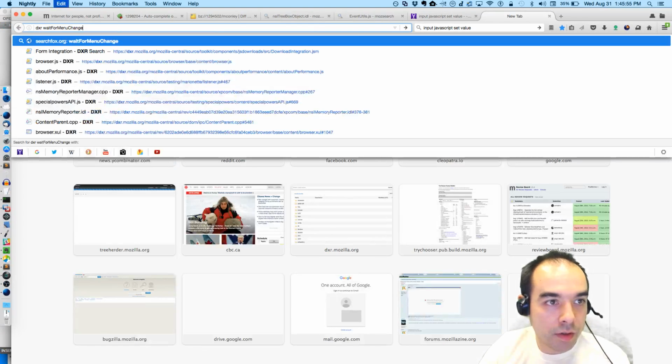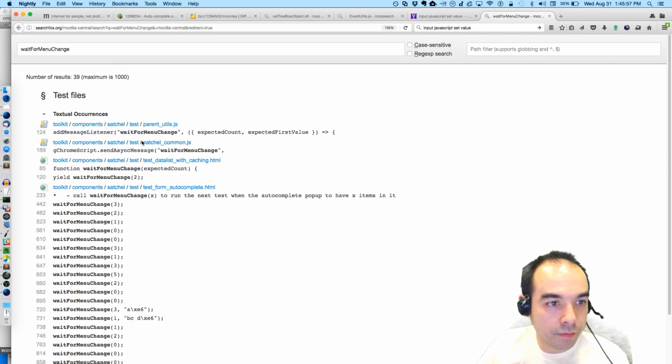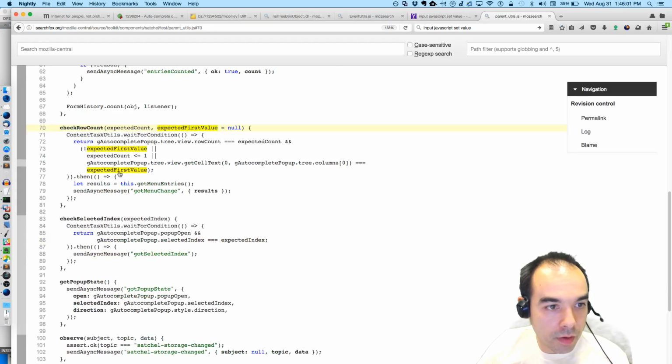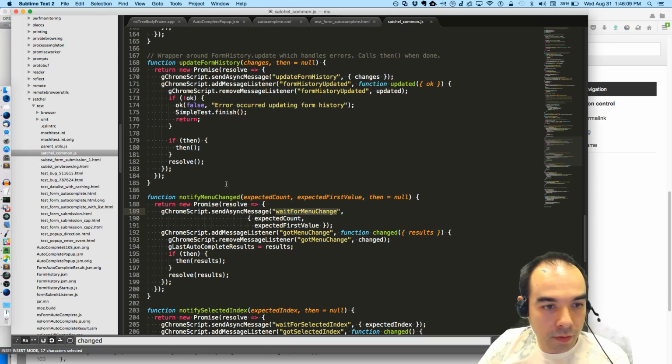Menu change. Wait for condition for the row count to be the expected count.